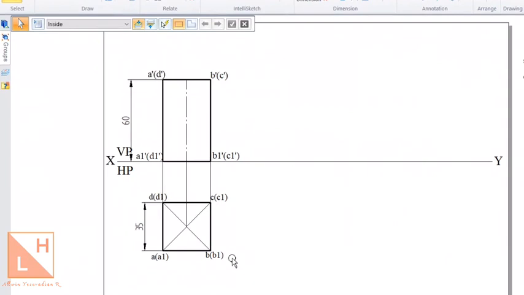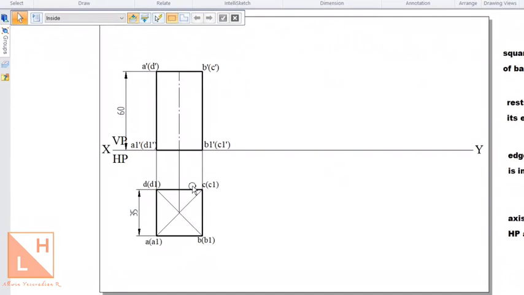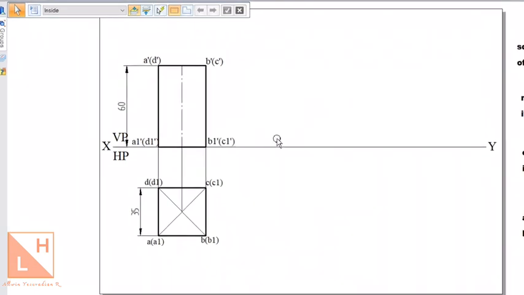Now remember, drawing the first position in every solid problem, what you see in your syllabus, is quite simple. All that you need to decide, the question that you need to ask for the first position, is whether the solid is resting on an edge or whether it is resting on a corner, based on which you generate the top view. So the top view can be drawn with the edge on the right if it is an edge condition problem, and you draw it in such a way that the corner is on the right if it is a corner condition problem, which we'll see as an example in the upcoming videos. So as of now, for this particular square prism problem, we have the first position completed. And now just recall what we used to do in projection of plane surfaces.